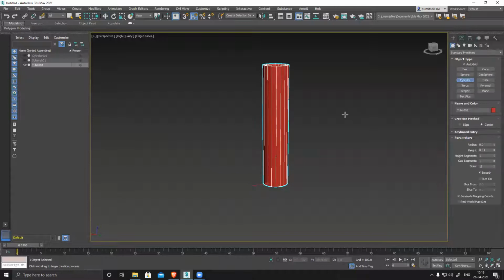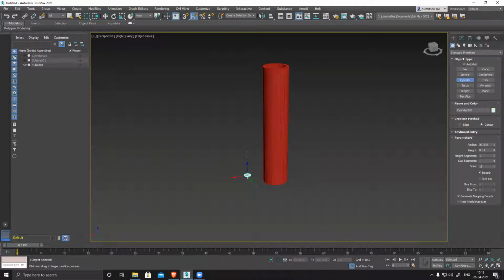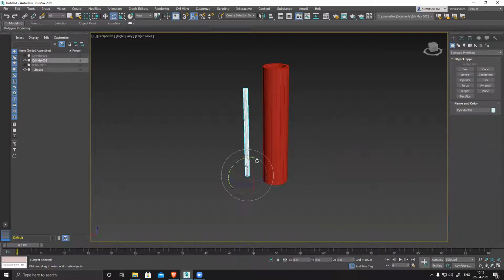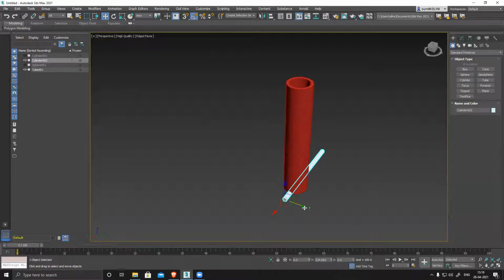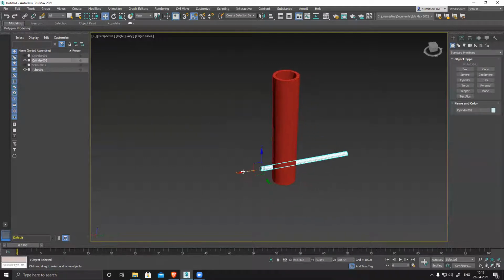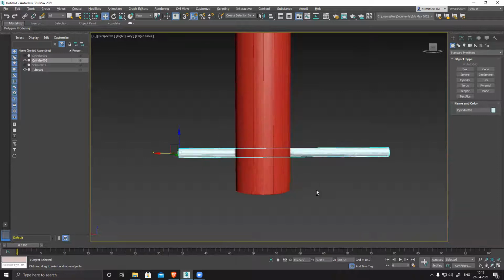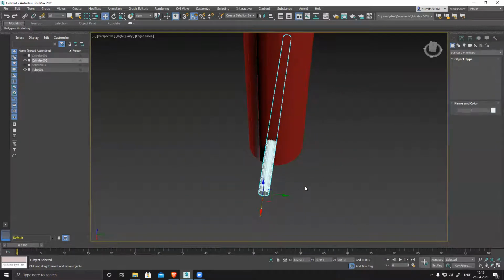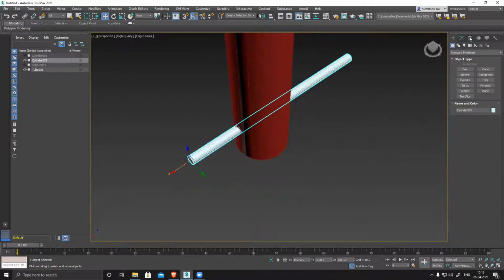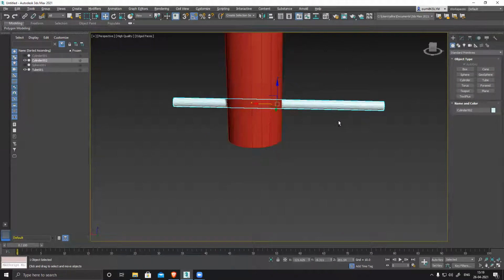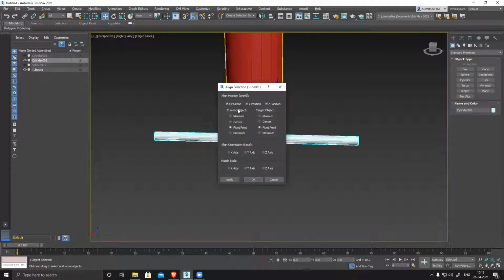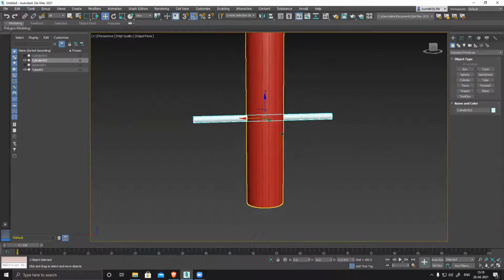So what we do is we'll take a cylinder and create it, and for rotation 90 degrees I have switched on my 90 degree snapping. Create this and I'll just snap to center, and Alt A to align these two, center, center, center, apply, OK, center.